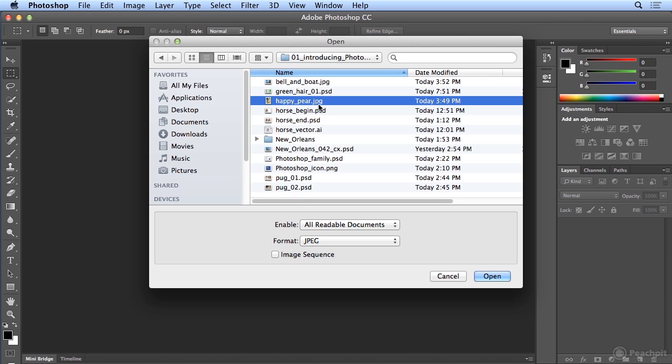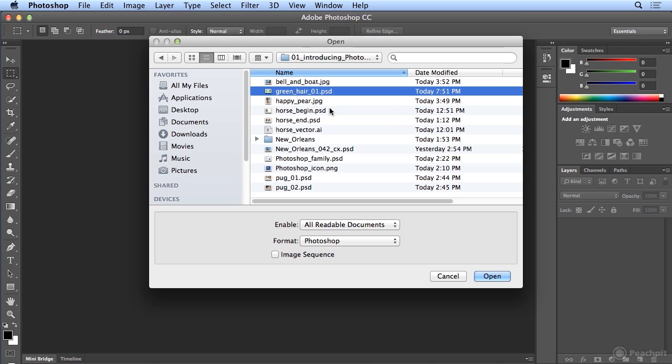So be careful. If I receive a JPEG in from someone else, I immediately save as a Photoshop file so that it's uncompressed and I don't lose more data. The third format in this folder is .ai, Adobe Illustrator. It's a vector or something that was created from scratch in Illustrator, in this case something that was traced in Illustrator. And the last format is PNG, a newer web format.